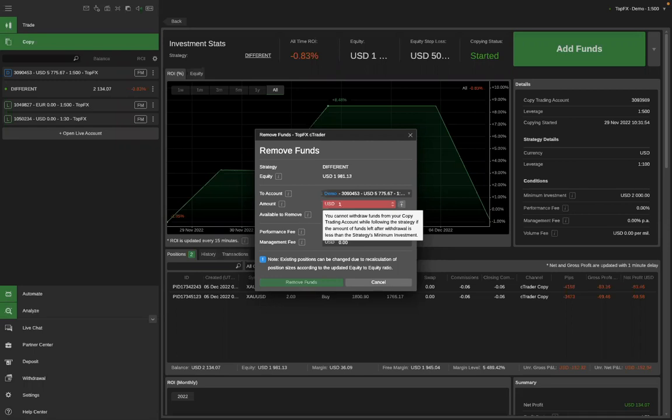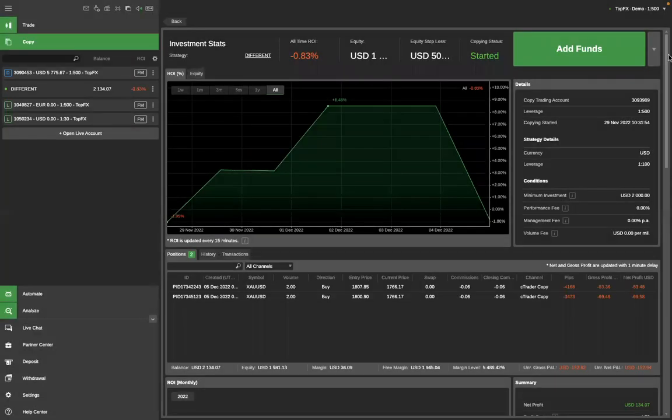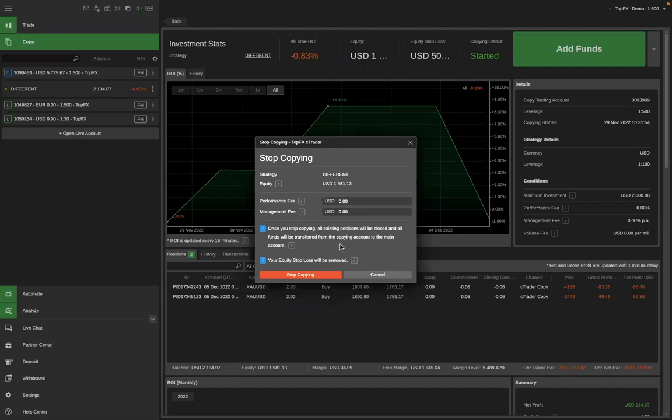And this is the situation when I have to use something else. What should I use in that situation? Of course, I can do a different thing. I can stop the strategy first and then remove funds. So what I do basically here is the stop copying button. There is a stop copying menu, or one of the stop copying menus, and then as you can see,